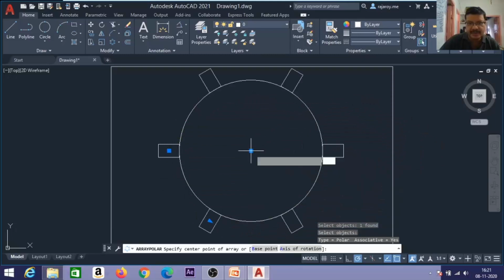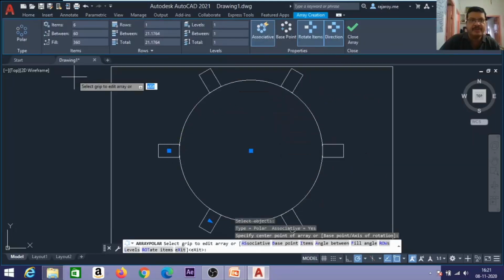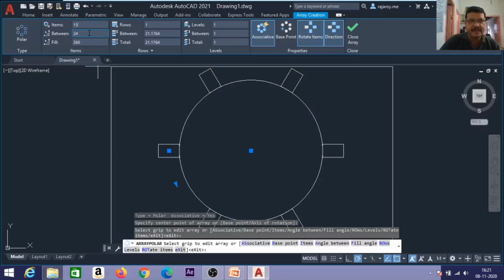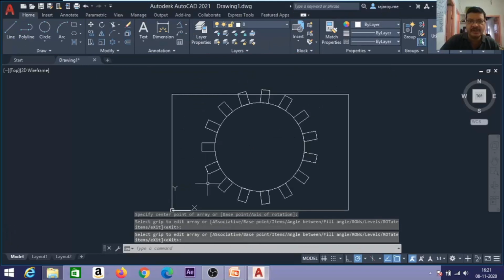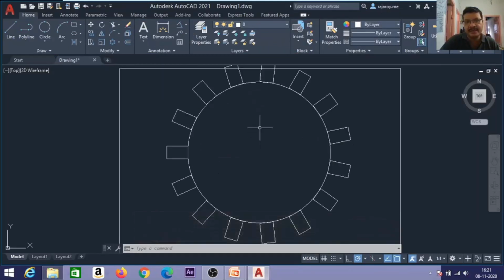The base point is this. You can enter how many items you want. Suppose I want 15 items, and within an angle of 360 degrees. Click on OK. Now you can check that 15 items are there around it. If you want to make something like a gear wheel, then this is very helpful.